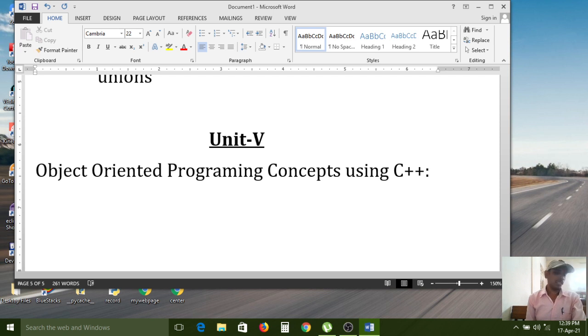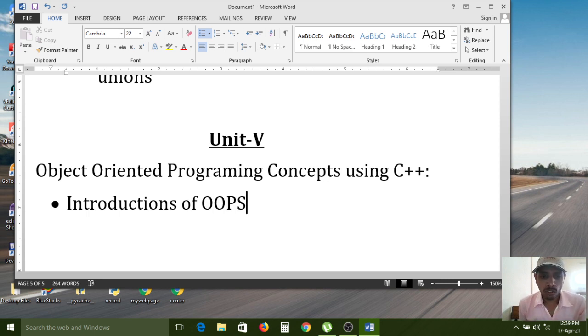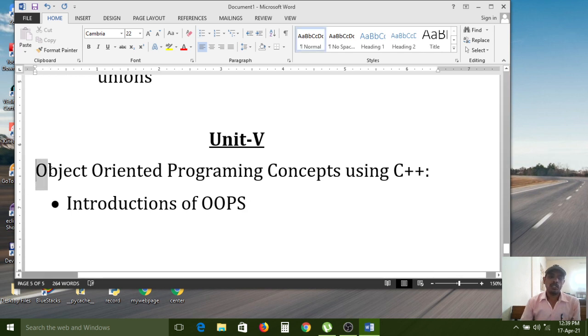In this, the introduction of object oriented programming. OOPS stands for object oriented programming system. The first letters are these, and S is system. Understand?